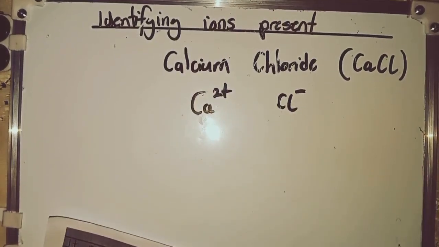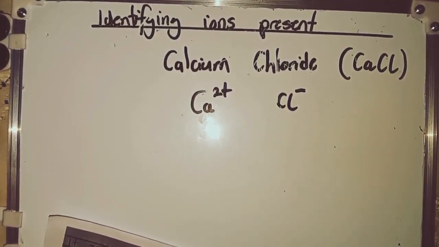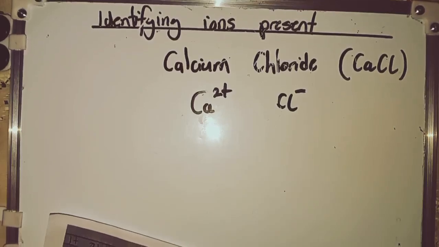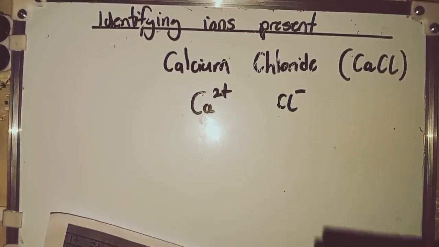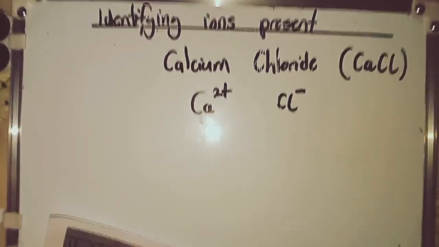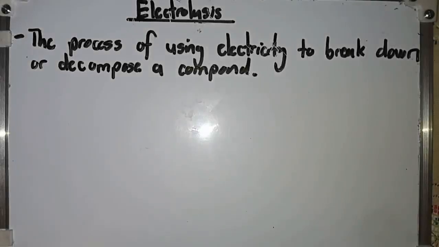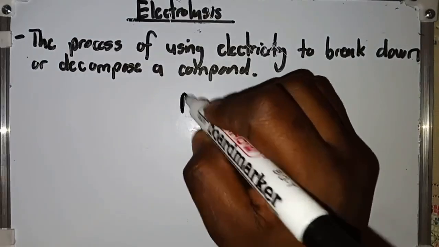So these are the basic concepts that you understand before getting into electrolysis. Now that we have got the basic concepts, we have to go to electrolysis. Let's now begin electrolysis. Electrolysis is the process of using electricity to break down or decompose a compound. If we have magnesium chloride here,